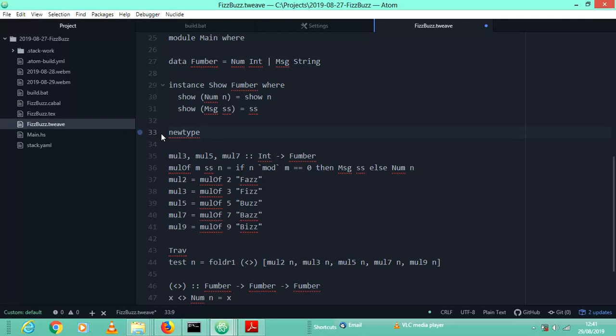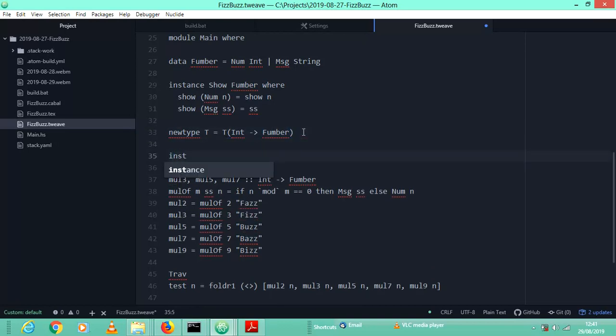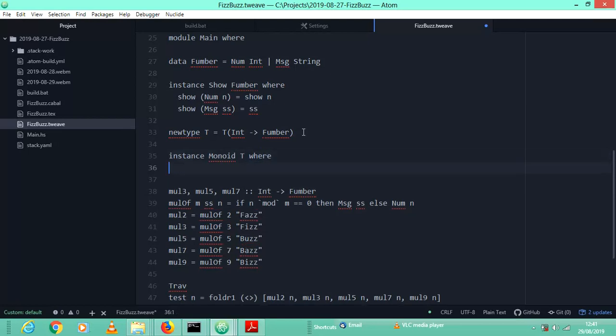We'll call this, let's call it T for the moment. And what we'll say is, a T takes, instead of a FizzBuzz, an int, a function from int to FizzBuzz. Okay, all right, and we can make this an instance of Monoid, because we can do instance Monoid T where